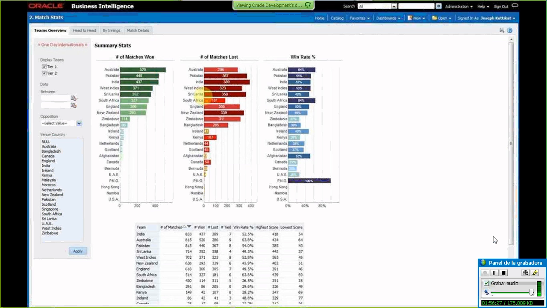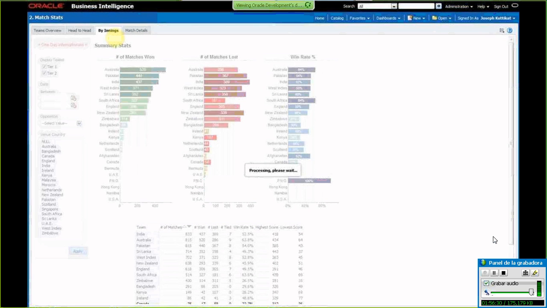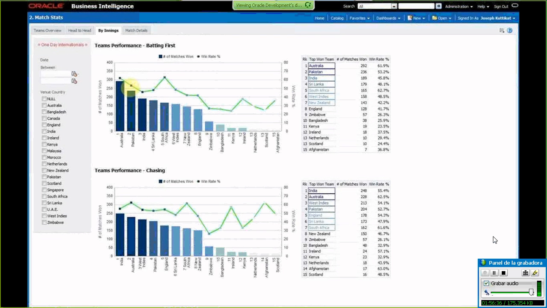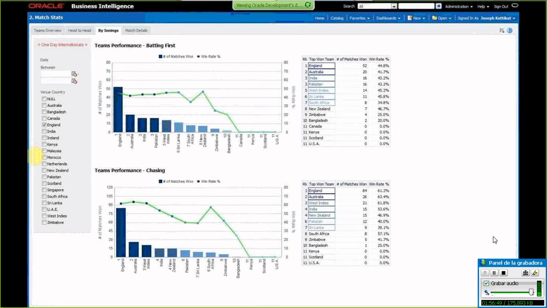The by innings page here shows the top teams when they are batting first versus chasing a score. When batting first, Australia has won the most number of matches, while India has won the most number of matches while batting second. That is, they are better at chasing a score. Let's see how these teams have performed in England. In England, the home team seems to have done well, but Australia and West Indies have the highest win rate